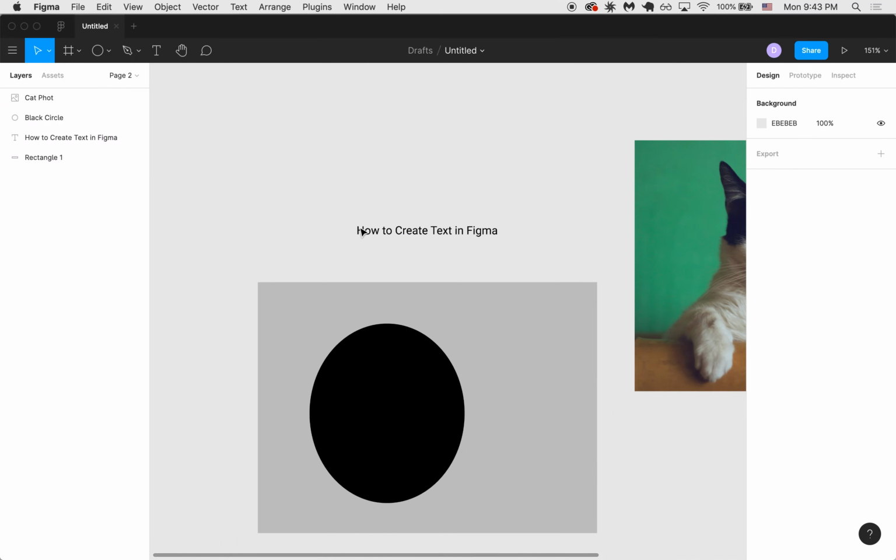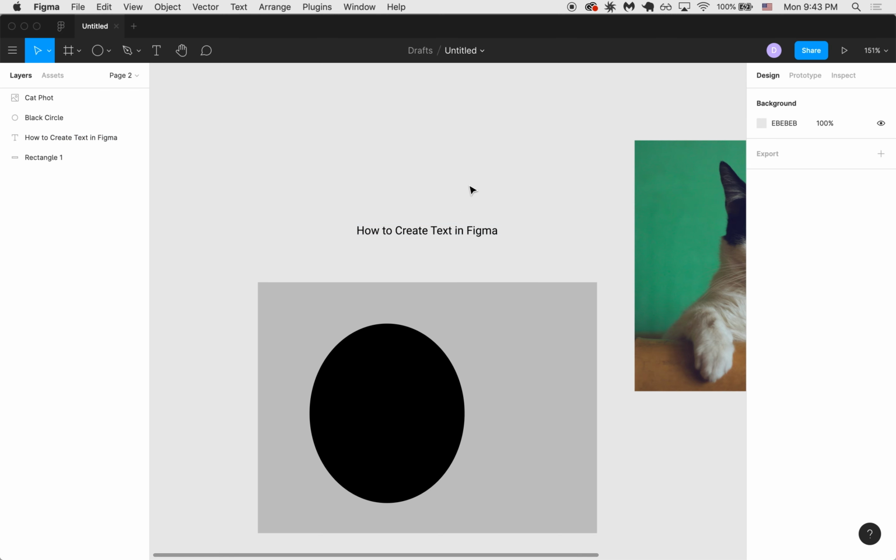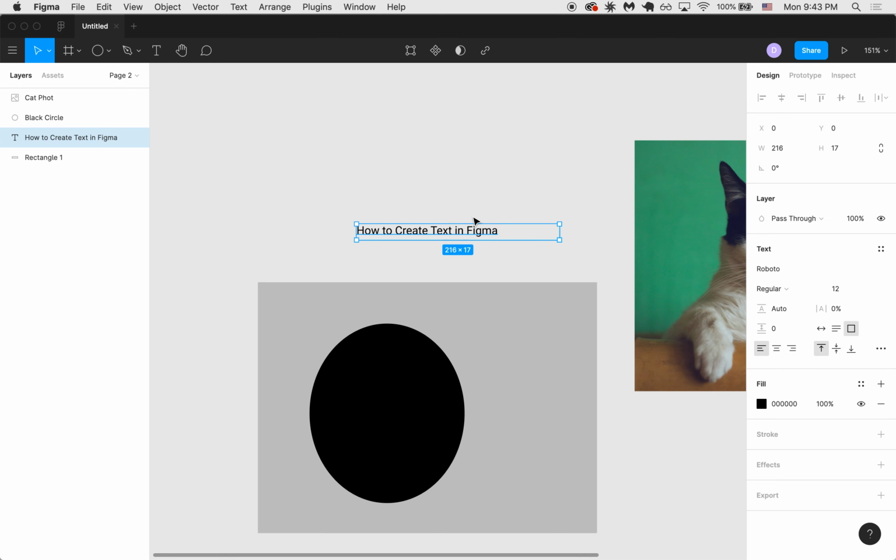There we go. So with that, you can also specify how wide you want the text to be. This isn't really going to do anything to the text, but rather it's going to change the space that contains the text. You can do the same with the height. Typically, I like to keep this such that it takes up just as much space and width and height as